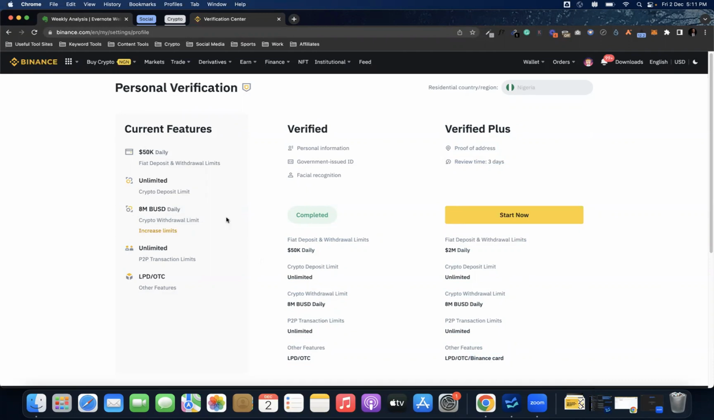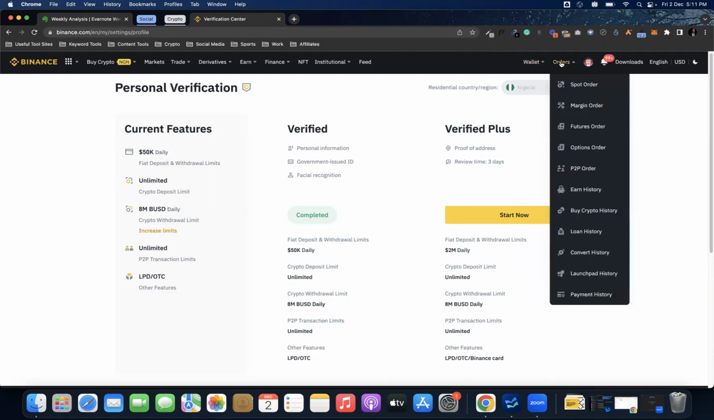All right, let's get started with it. Now, after signing up and verifying your account, signing up is the first step, which I believe you have done. Verifying your account is the next step, which is what we have gone through now. So the next thing is to beef up security in your account. It's very, very important that you